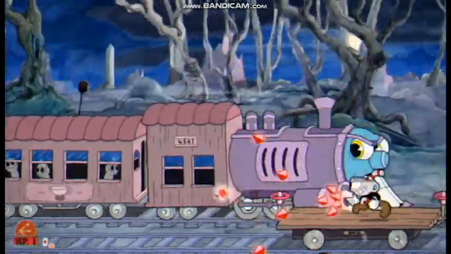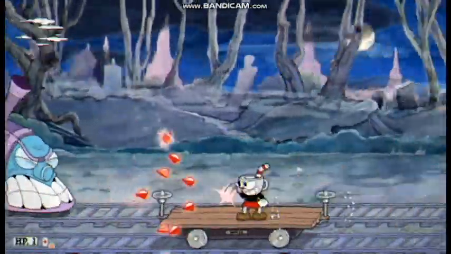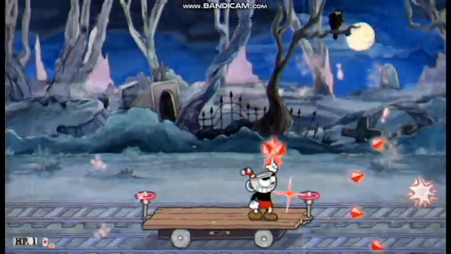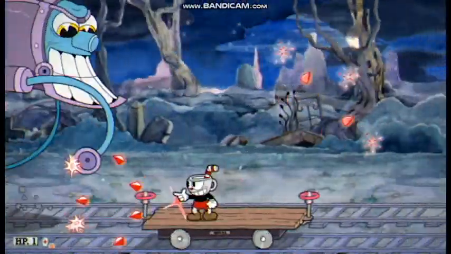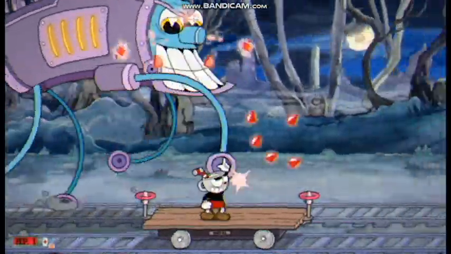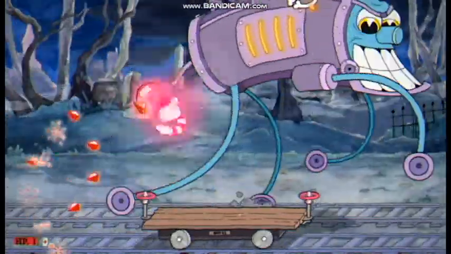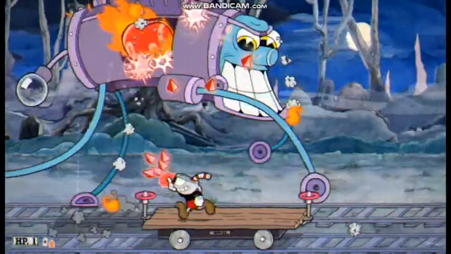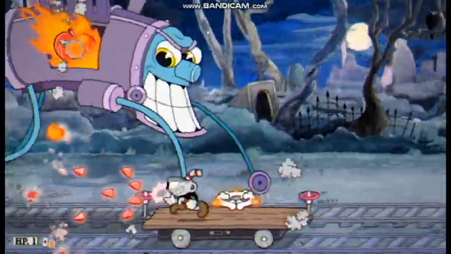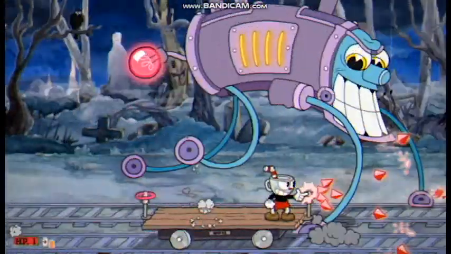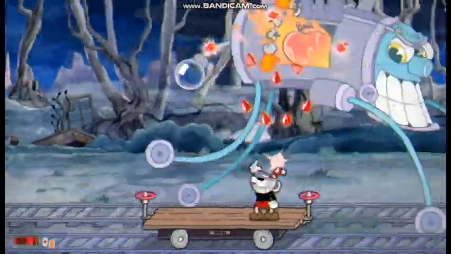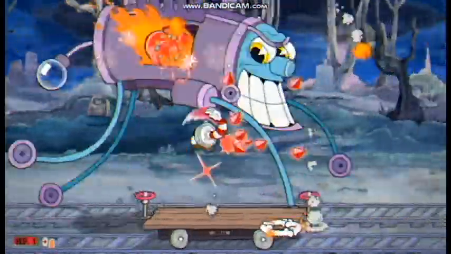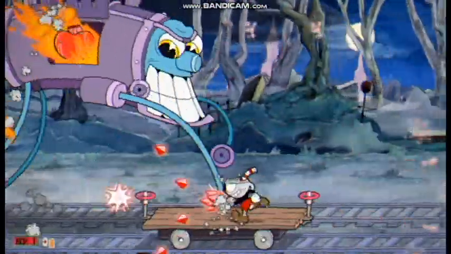Let's focus in on the final phase of this boss battle, the one where you battle the train engine. The engine has a specific move where it sends a puff of smoke into the air. The smoke then circles around before swinging back towards the character. The smoke attack is very hard to see when it happens. However, there is a very specific sound that plays when the boss performs this attack. This sound allows the player to anticipate the incoming attack.